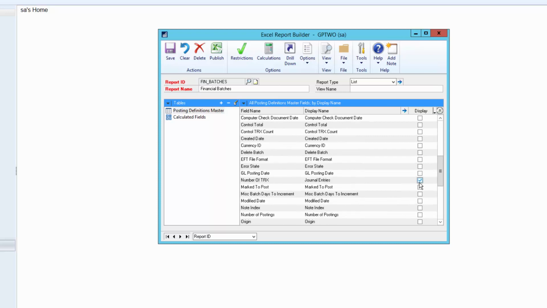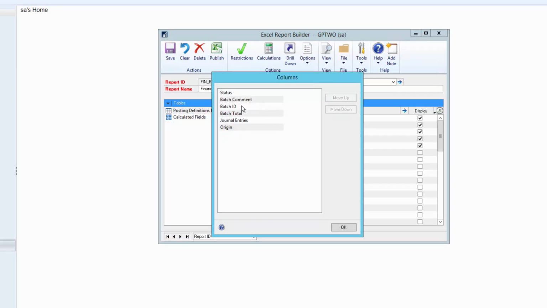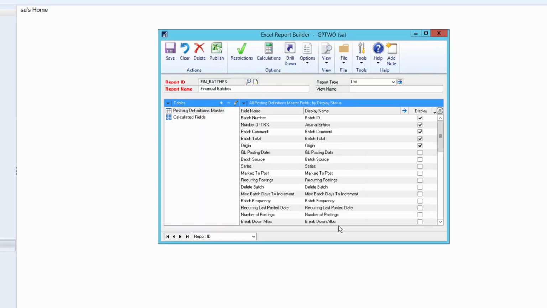And now when I do this, remember we renamed some of them, so I'm looking for those renamed fields instead of the original fields we had selected, but I have those 5 selected now, as well as my calculated field added on there. With the different columns, we could have done it in SmartList Builder as well, but they came in the order we want. We can actually reorder columns. So I can move batch ID to the top. Maybe I want the comment, then let's put the origin there, the total, the journal entries, and then our status field. So that looks good. We'll go in that order.